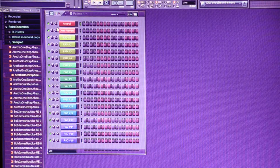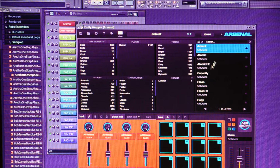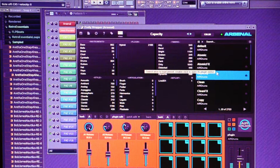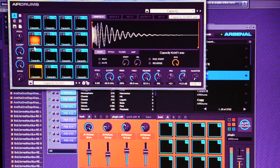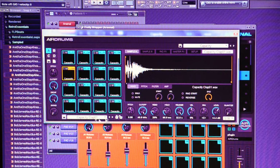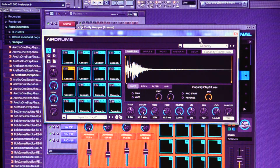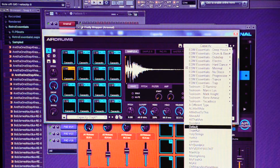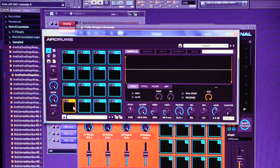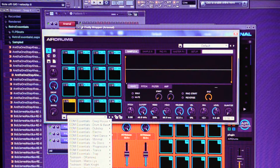This is RFPro. I'm just going to run through how I build kits in AirDrums. So to get things started, let's just say I'm browsing through some of the presets here, and I find some sounds that I like. I kind of like that clap right there. So I'm going to double click on the name there, and then click on the drop down menu right here. Copy pad, and go to the default preset and start a new template. Again, down to this drop down menu. Paste that pad,